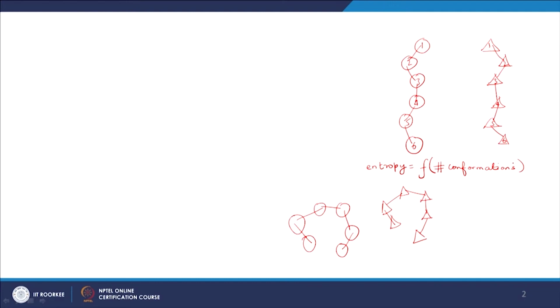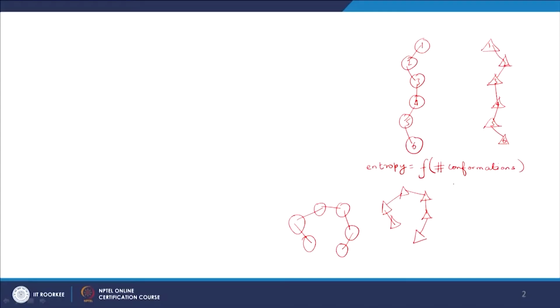We will detail this later. So, since the entropy of the chain will be simply a function of the number of blocks, because we said that the number of conformations is a function of the number of blocks and not exactly what the block is composed of,